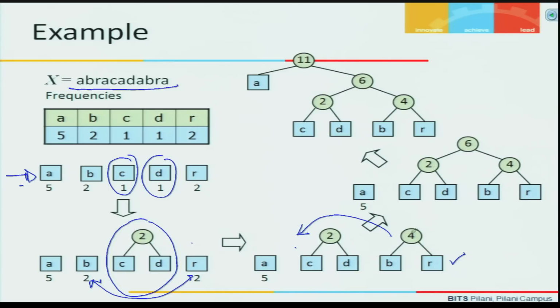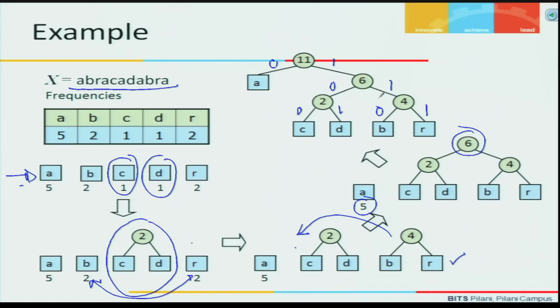The key of this is bigger than the key of this. In the next step, we are going to merge this and this, and we get the final tree. Now the coding: this is right, this is left, so this is 0; this is right, this is right, this is right, this is left,